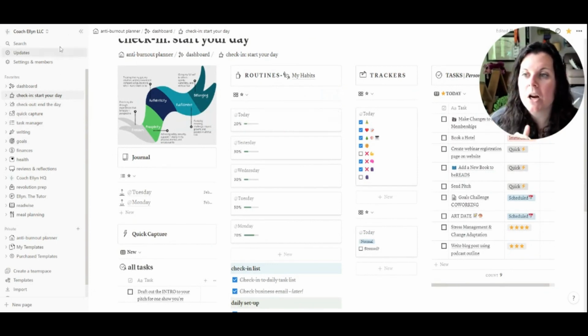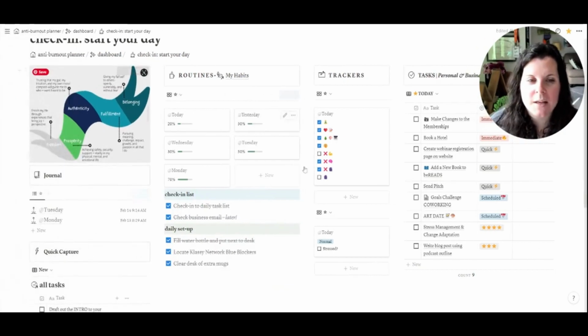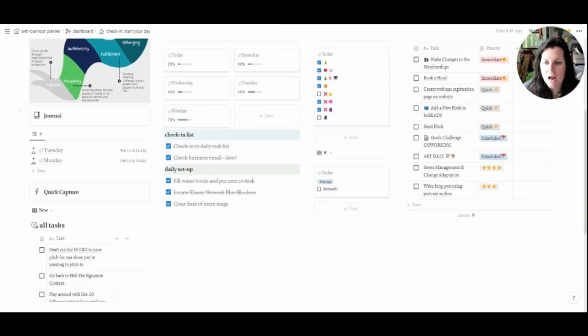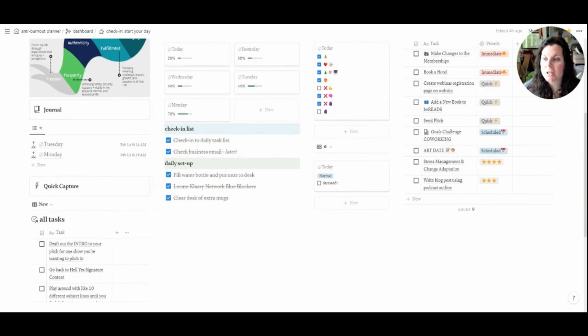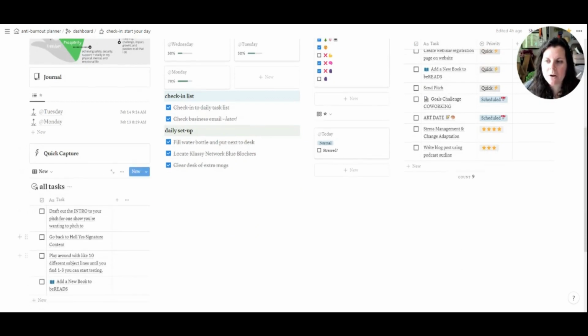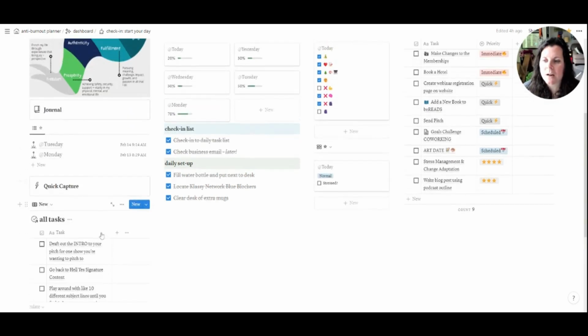I'm going to collapse down this tab over to the side. I have various different things that I check into in the morning. But probably the first thing I do is I check into this checklist. I have been working on the flow of this. I gradually will drag around different aspects of this. But what is showing up over here in this quick capture is a place for me to jot down any to-dos that I've thought of. I'm a big fan of as soon as you think of it, write it down. So I'll jot down any new to-dos that I've thought of.